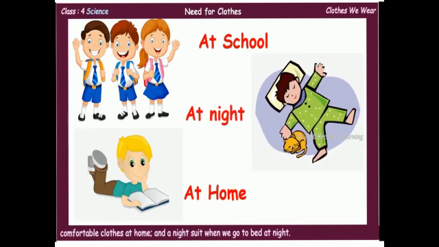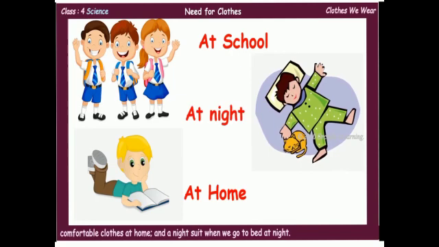People who work in the sun for a long time become tan. The covered part of our body is usually fairer than the uncovered parts. This shows that clothes protect us from the heat of the sun. Why do we need clothes? Clothes protect us from dust and from the heat of the sun.